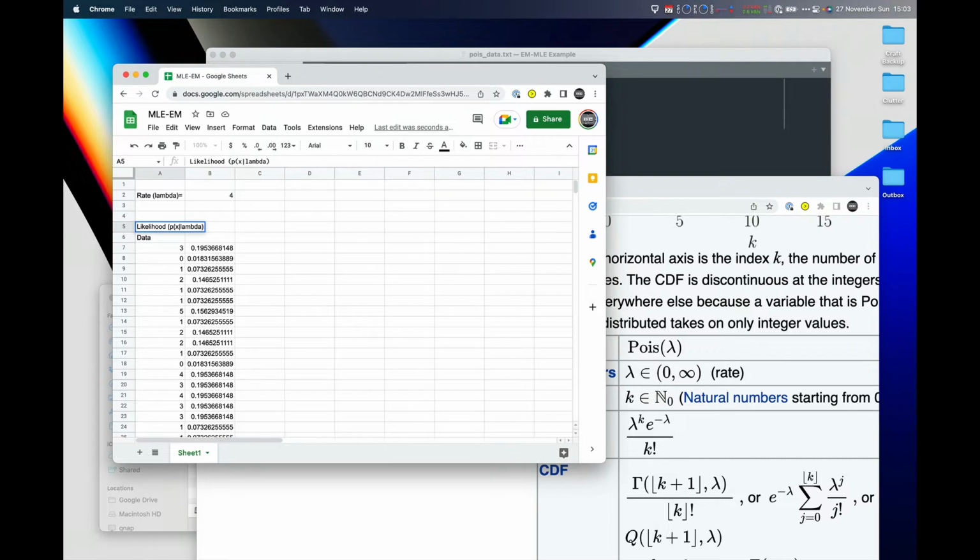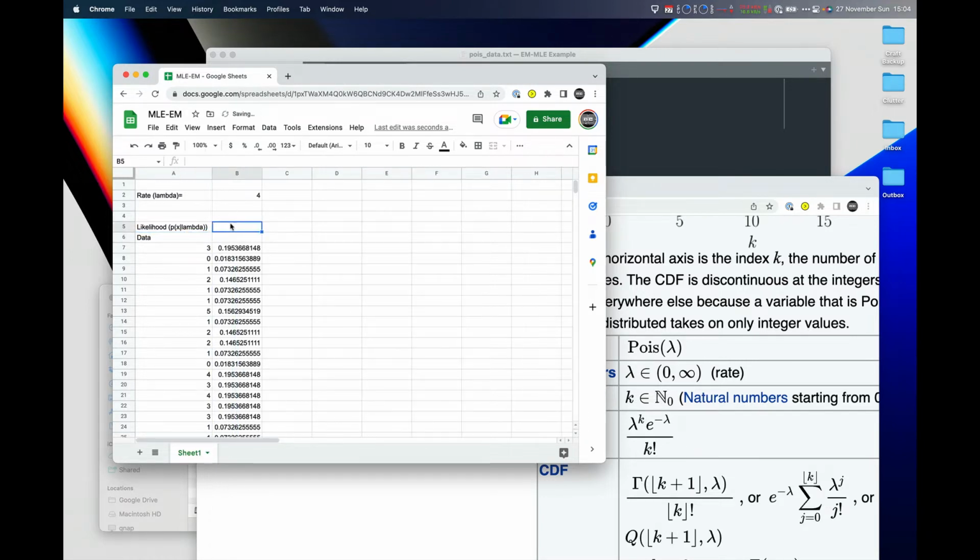What is the likelihood of all of this data given this particular lambda, this particular 4? And it's easy to calculate. It means the probability of getting the first number times the probability of getting the second number, the third number. So what is the joint probability of getting this exact set? So you can say product